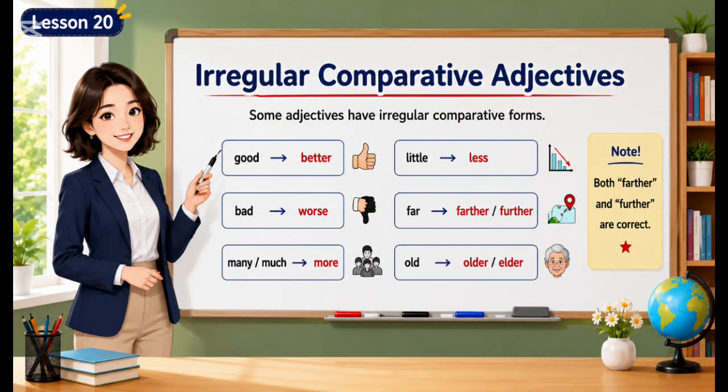And there are irregular comparative adjectives in English. Some adjectives have an irregular comparative form. For example, good, better, bad, worse, many, much, more, little, less, far, farther, further, old, older, elder. And remember, both farther and further are